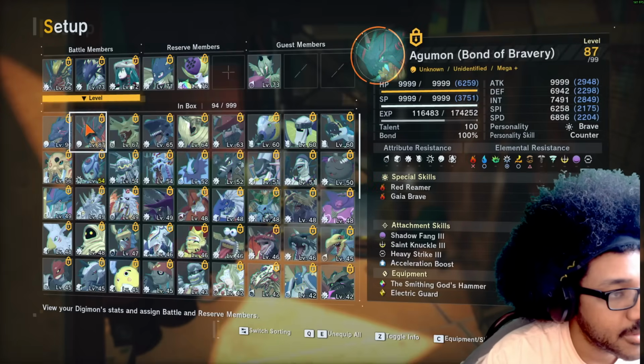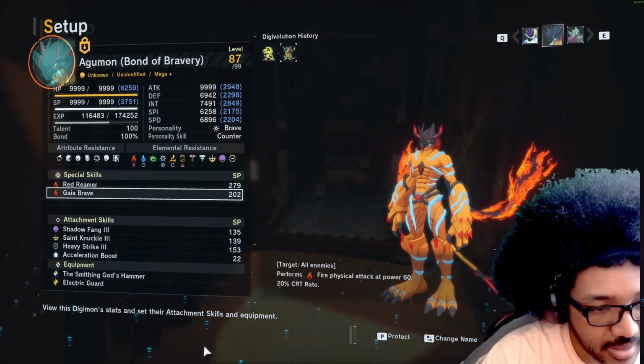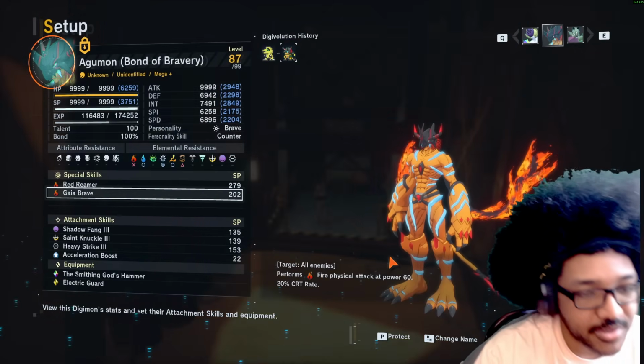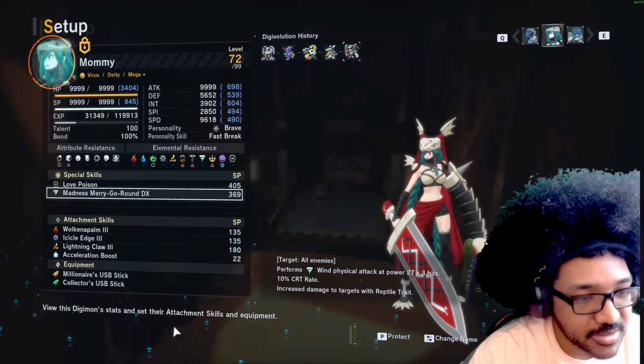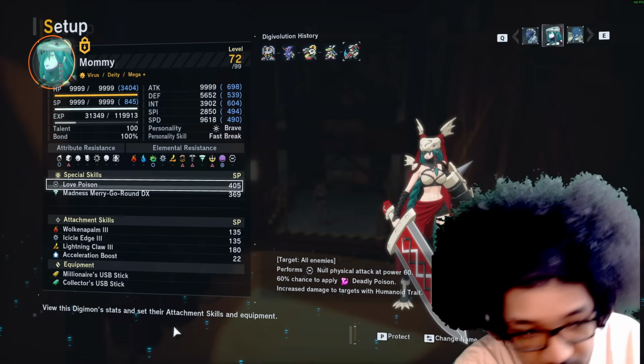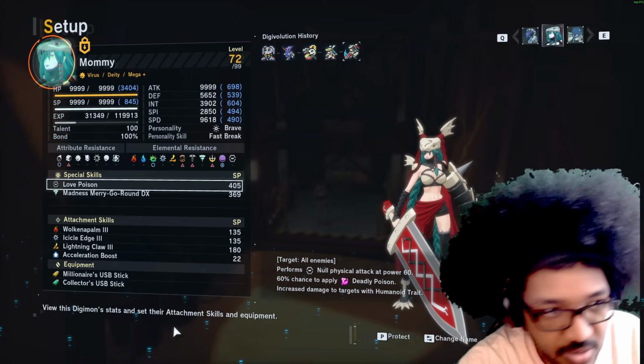Alright, so you would think this guy, you're already going crazy with him because it's 60 power. My Minerva Mons has a 60 power AoE that also applies deadly poison, and it destroys humanoids, which is a lot. So like the traits is when